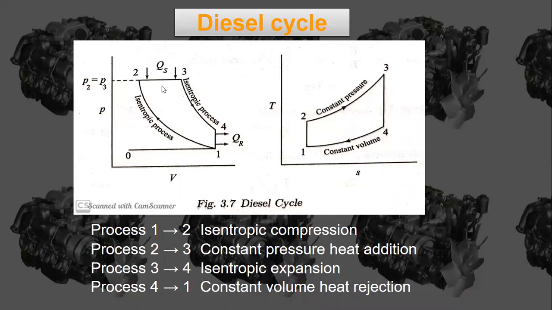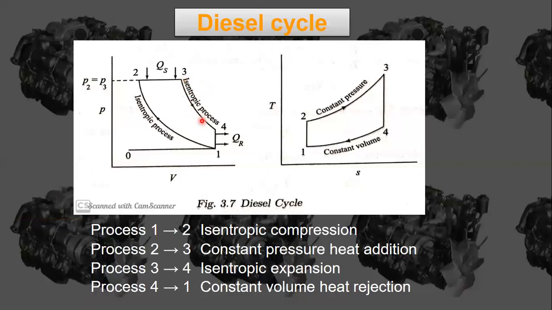Okay, how are we going to add heat? Okay, with the help of fuel injection. Because of the injection of fuel, there will be some self ignition, the temperature is reached by this fuel, and there will be combustion. And because of that combustion, what is going to happen? There will be power produced. Okay, that means gases are going to expand, and these expanded gases try to push the piston downwards. Okay, that means that is the process 3 to 4.